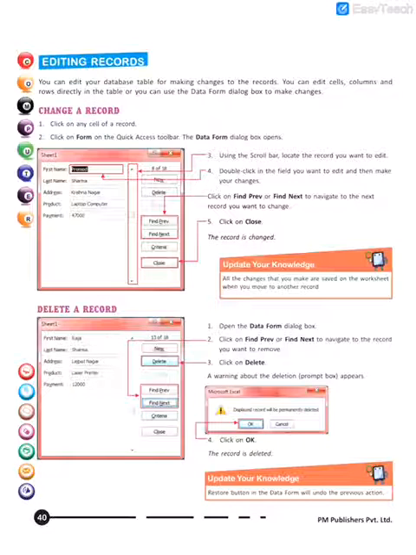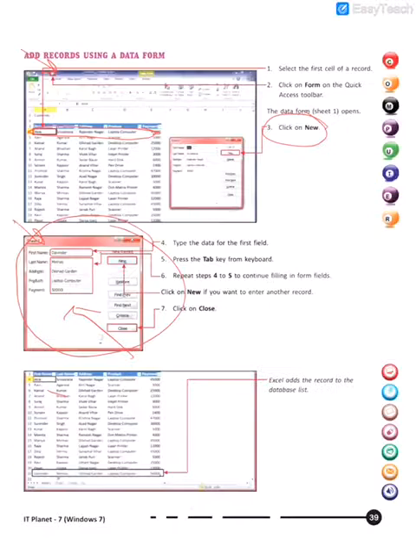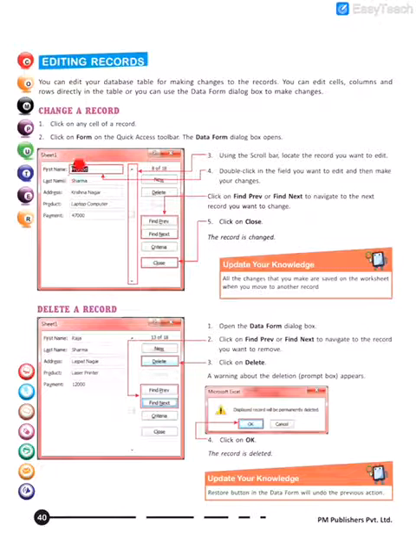Now similarly, to change a particular record, you can do that directly through the data form, or that form dialog box that you have seen just now over here. That means if we want, we can change it directly from here. See, if I want, I can change the information, like the first name. I change record number 8 to Pramod. Okay, click on find previous or find next to navigate. I told you, basically find previous to go to the previous record, next to go to the next record.